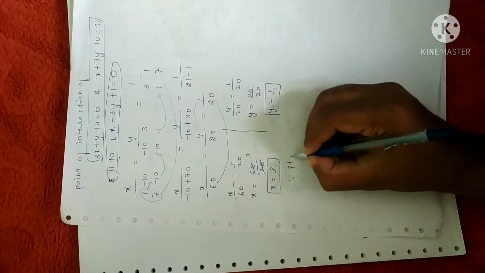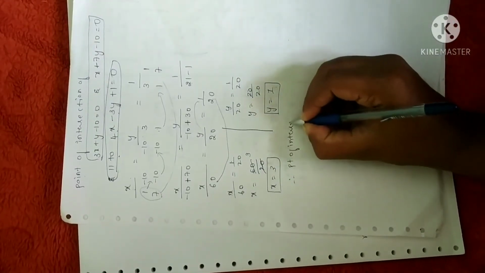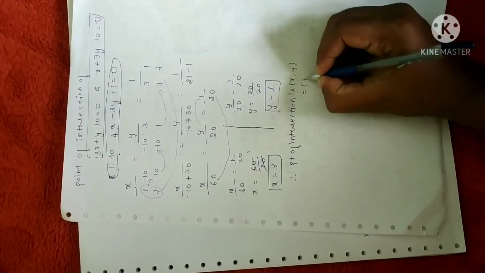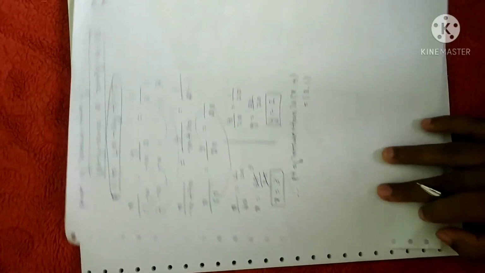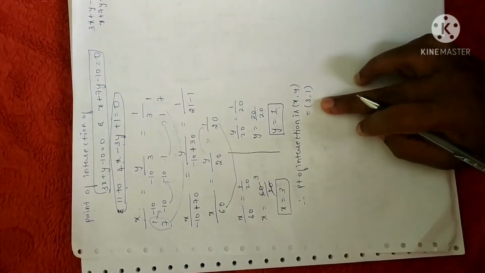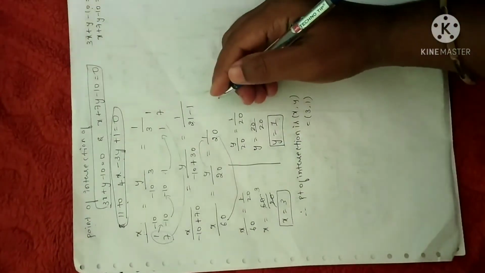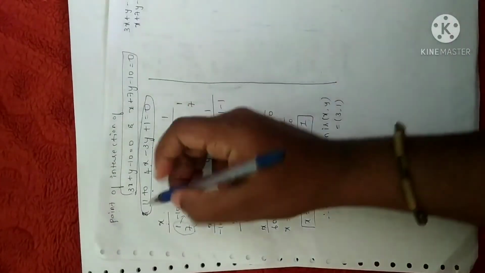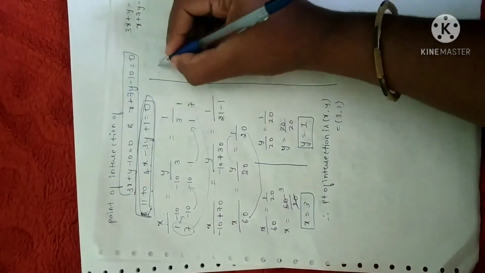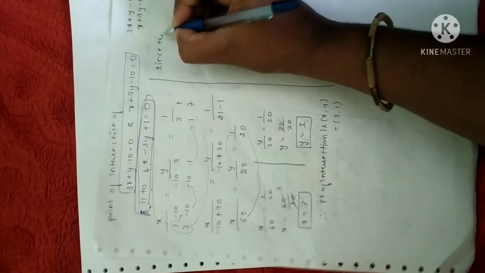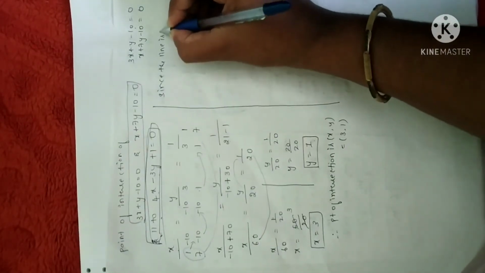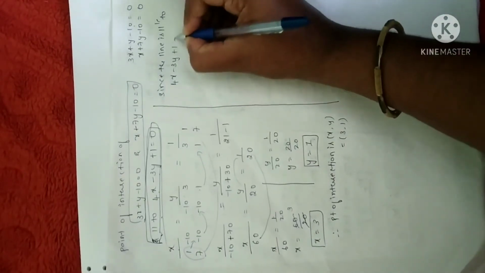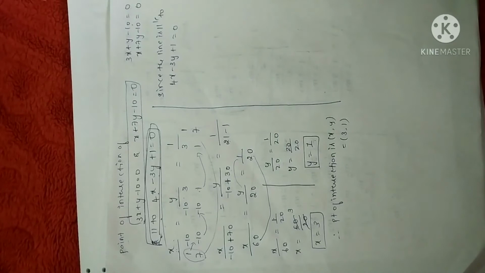Therefore, the point of intersection is x comma y, which is equal to 3 comma 1. Clear? I have just done the point of intersection. Now what we have to do is substitute. Before substituting, go through the condition. It is given parallel. Since the line is parallel to 4x minus 3y plus 1 is equal to 0. The condition is given in the problem itself.